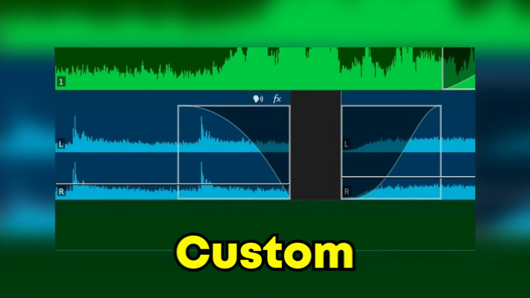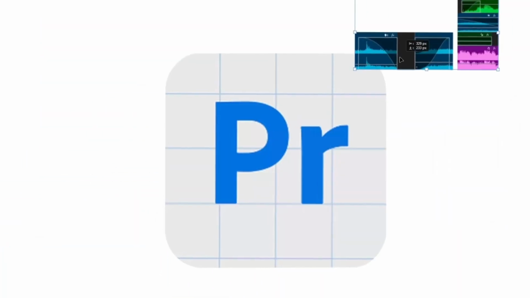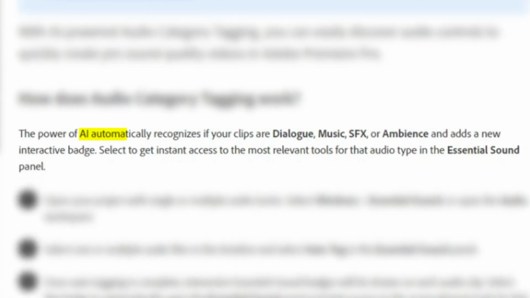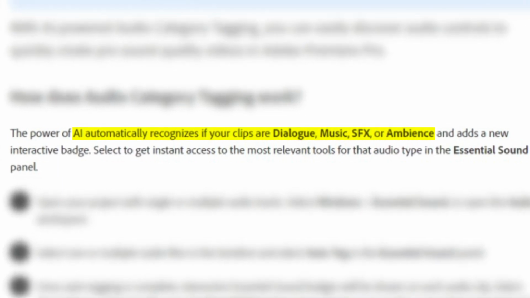Auto audio tags and custom audio fades are features that just got added to Premiere Pro Beta, and today I'll be giving an overview of those time-saving features. Starting off with auto audio tags, you can automatically tag your audio clips in your timeline by simply opening the